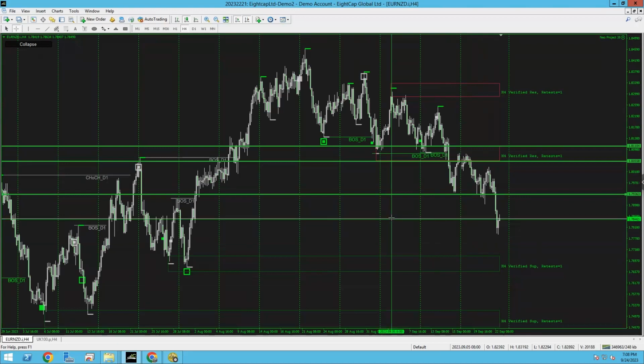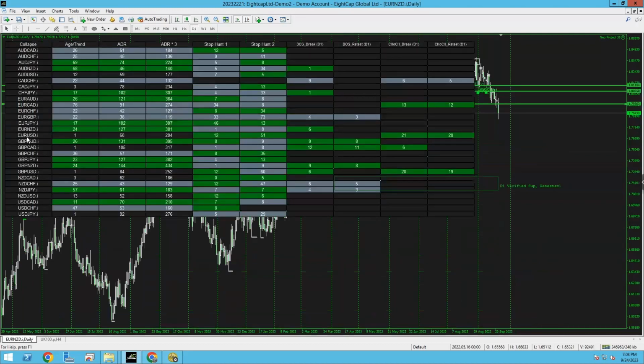I've given signals away like this. I've given free trades away like this. Gold has done this. Gold's buy last week was on a turncoat level. What more do I need to do here to show people that this is how you can make some damn money? I don't know what more people want me to do. I'm just trying to make you consistent, is what I'm saying. But boom, that was another one there. Look, now let's move on.